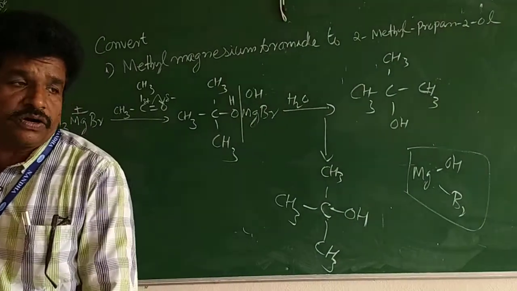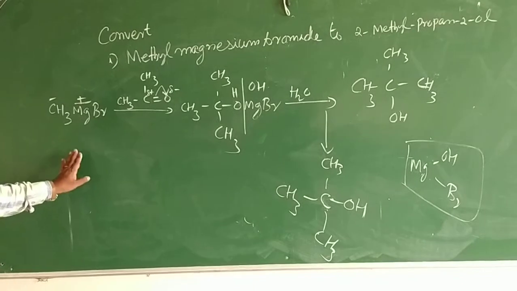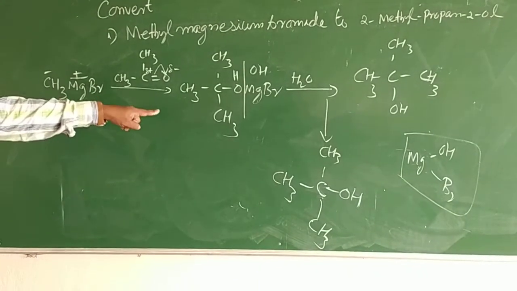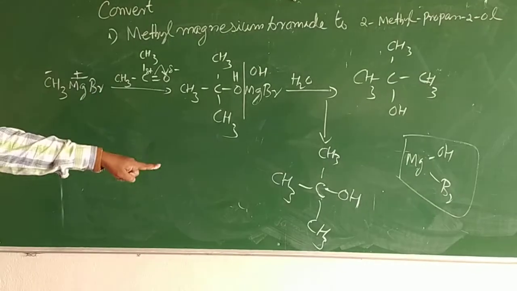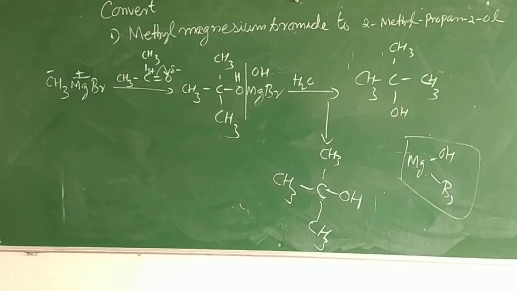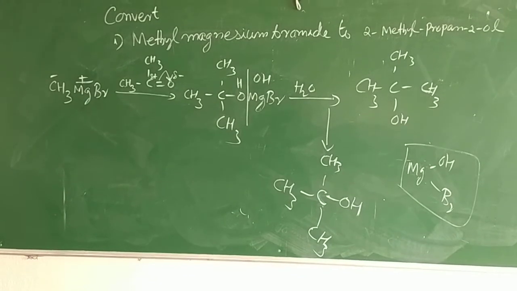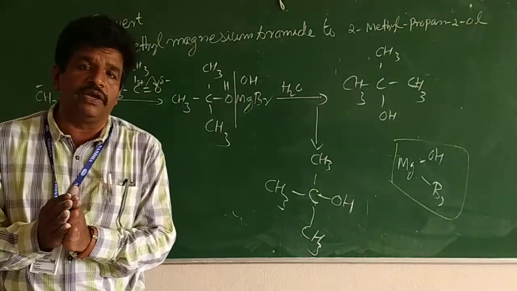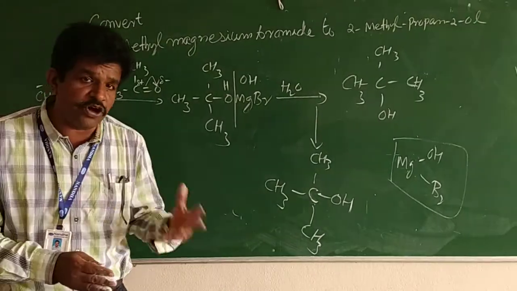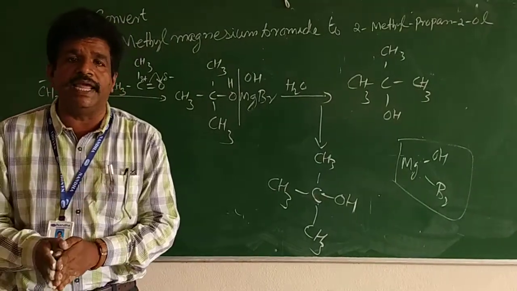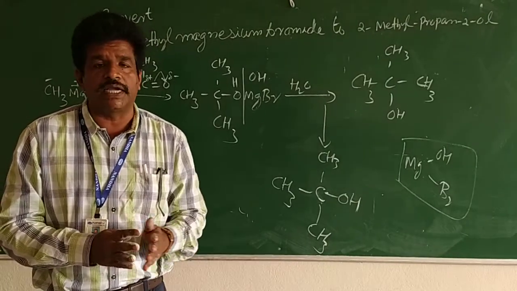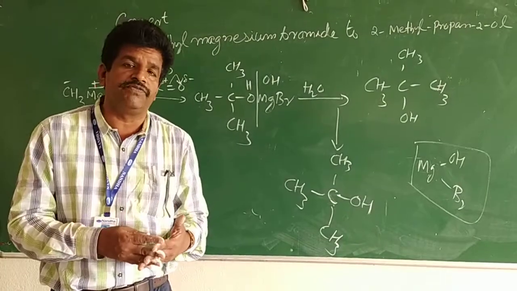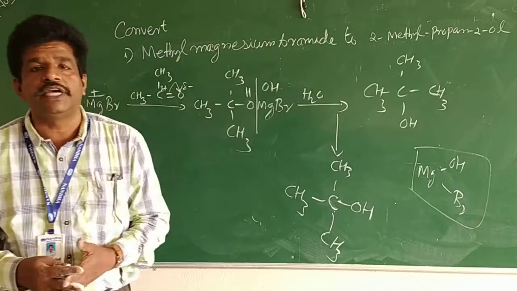In conversion they are not expecting the byproduct. So once again I will explain. The Grignard reagent reacts with the ketone and forms an addition product. That addition product on hydrolysis gives tertiary alcohol. So once again I will tell you, when a Grignard reagent reacts with formaldehyde, the product formed on hydrolysis will give only primary alcohol. Other than formaldehyde, if you use any other aldehyde, the product formed will be secondary alcohol. And if you use ketone, the addition product formed on hydrolysis will form tertiary alcohol.